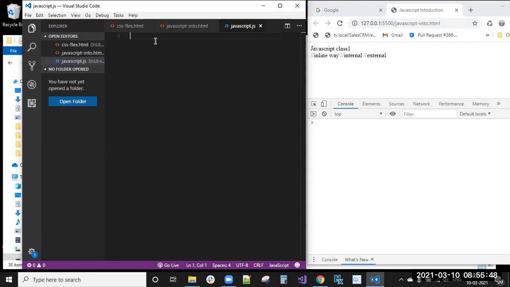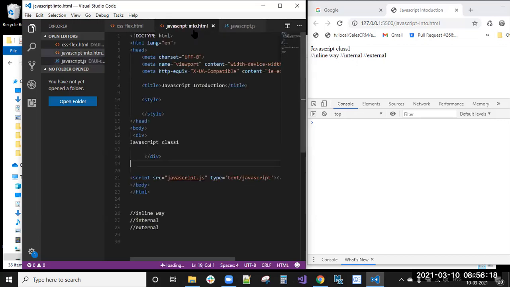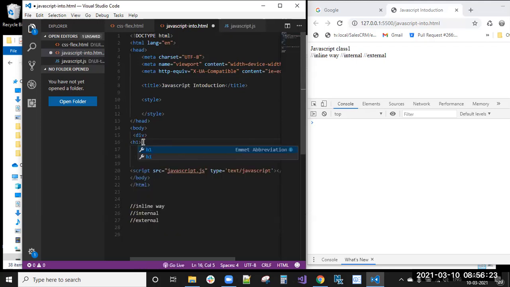First, I told you that to manipulate the HTML or DOM, we will use JavaScript. What does that mean? To learn that, first we need to know what is meant by document. Everything in this HTML page we consider as a document only. So we are going to learn the selectors now. First, selectors: how we need to select a particular element in JavaScript, like in the web page. I have one div here, right? H1.